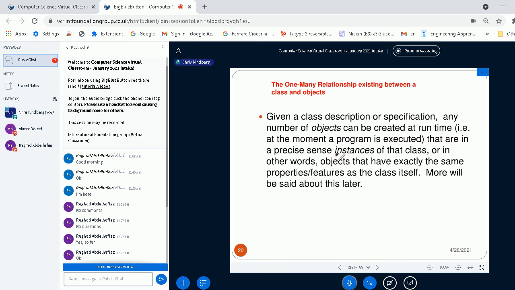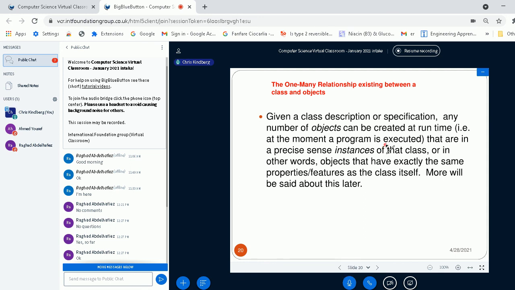Given any class description or specification, any number of objects can be created at runtime, at the moment a program is executed, that are in a precise sense instances of the class. An object you can think of as being, in a sense, a doppelganger of the class. It contains the same variables and the same methods.